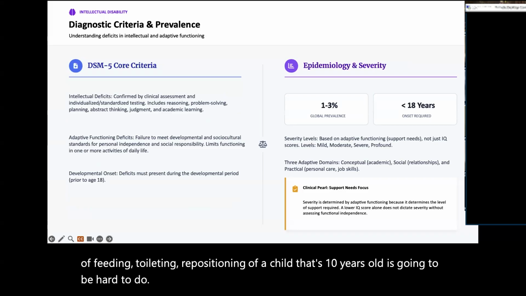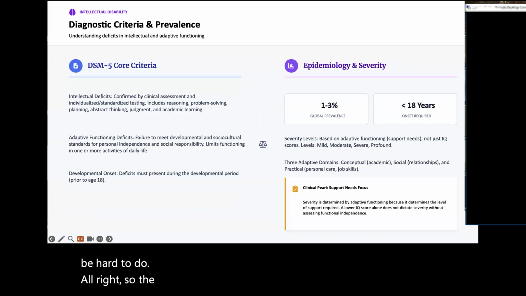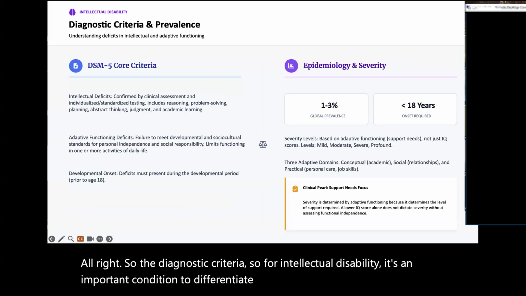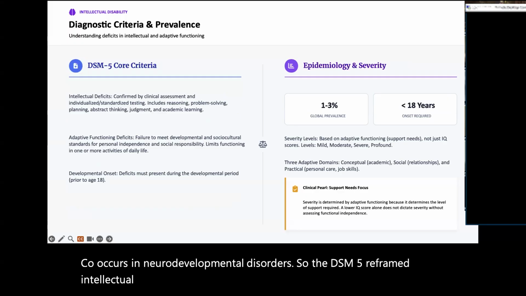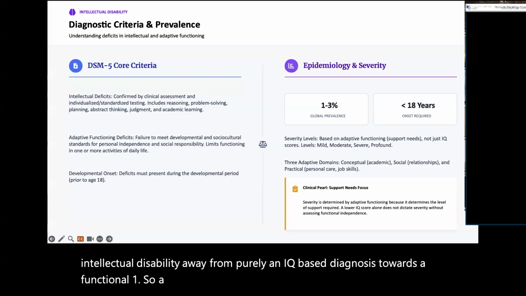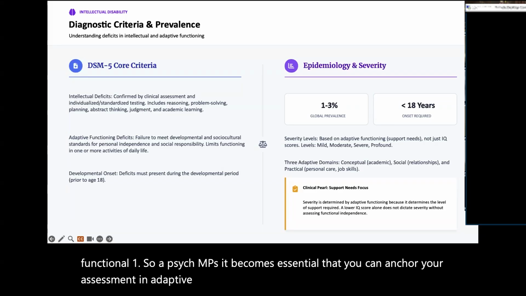All right. So the diagnostic criteria. For intellectual disability, it's an important condition to differentiate from autism and one that frequently co-occurs in neurodevelopmental disorders. The DSM-5 reframed intellectual disability away from purely an IQ-based diagnosis towards a functional one. As Psych NPs, it becomes essential that you can anchor your assessment in adaptive functioning and not test scores